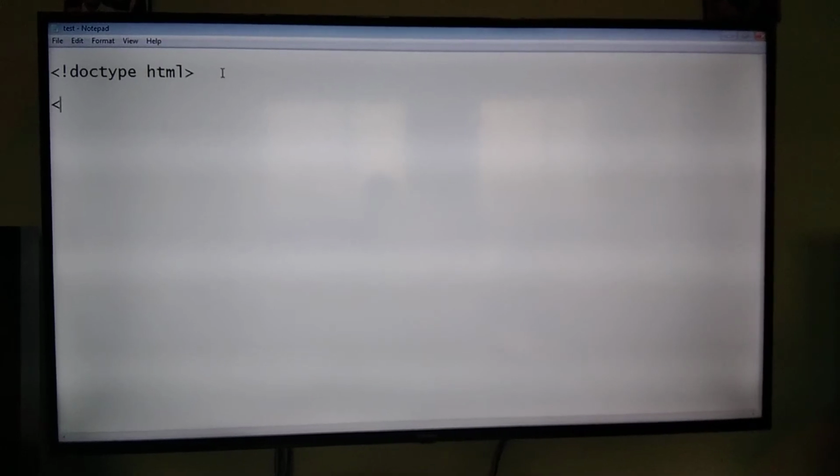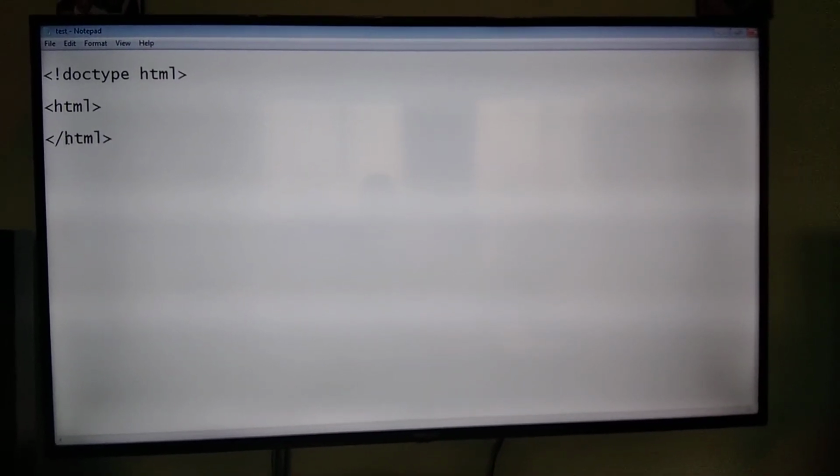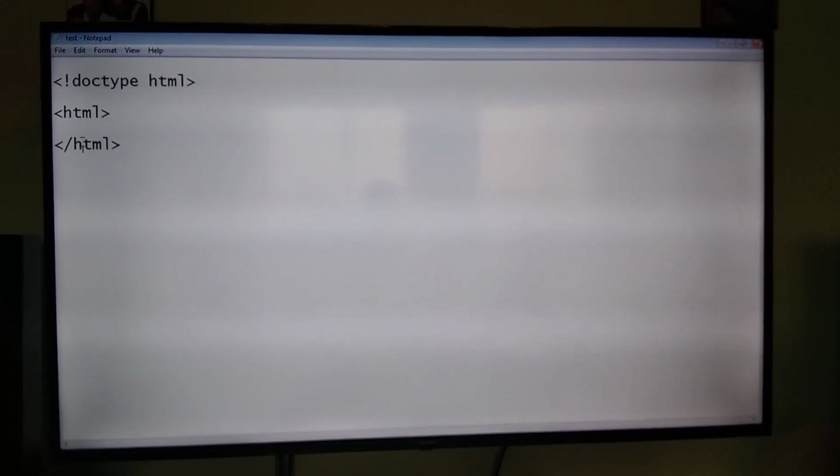Now, the very first thing that comes after the Doctype declaration is the HTML element. And we create that by typing in HTML. And then if you remember from the first video, this is the opening tag, and we need a closing tag. So we put a slash here. Now, this really is not a section of our HTML document. It's more like a wrapper. And that is everything in our document will go between this HTML element, between this opening tag and this closing